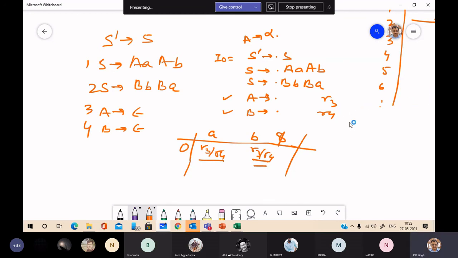One thing more I have told you: we use this very parsing technique for compilers, and we automatically generate a parser using a tool called YACC.